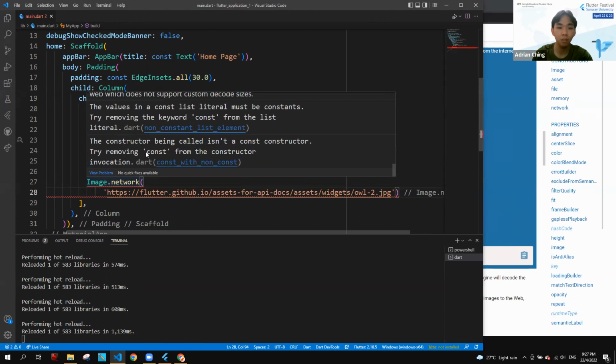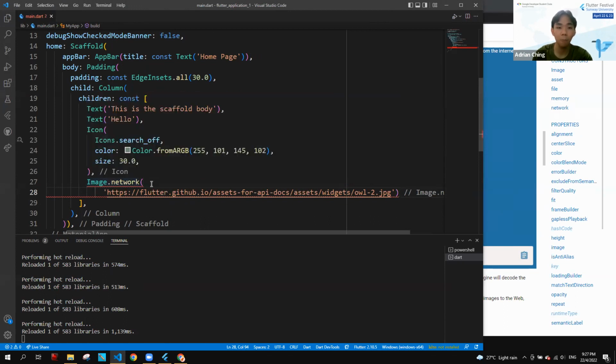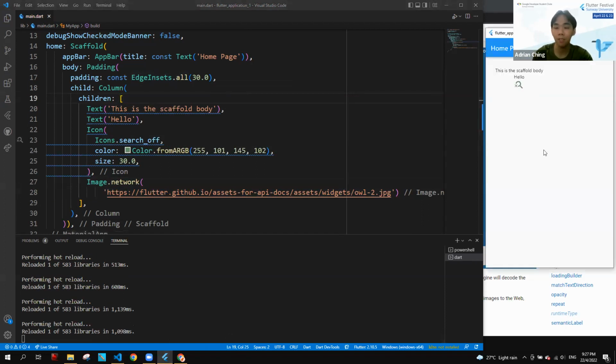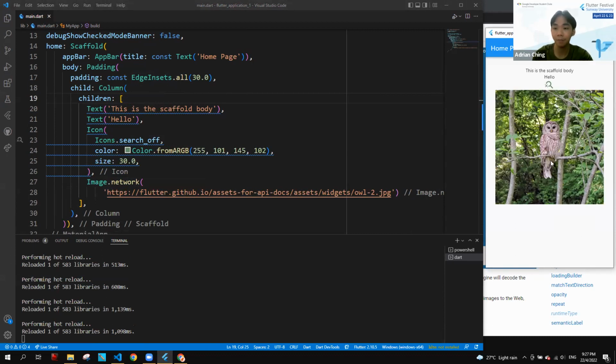It's showing that the image cannot be a constant value because it's deriving it from the network. So just remove the const. It's okay, guys, just remove it. Yeah, that's it. Now if you refresh, it will show the image over here. This image.network can accept any image link. You guys can try it out, but I'll demonstrate it later on.